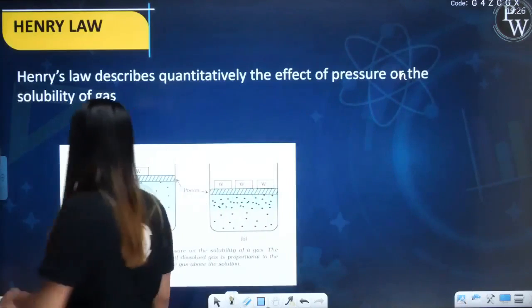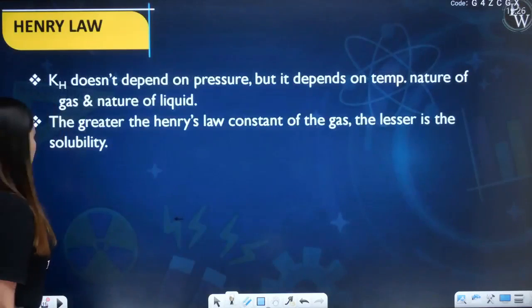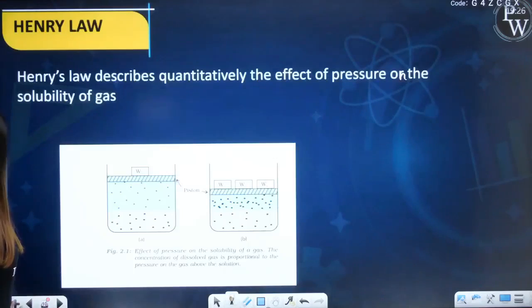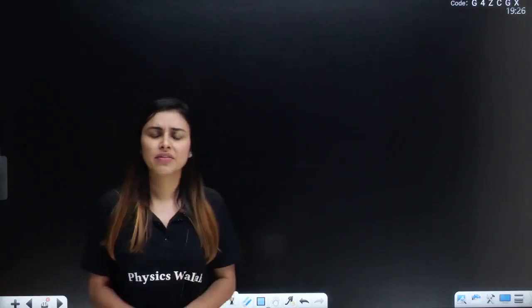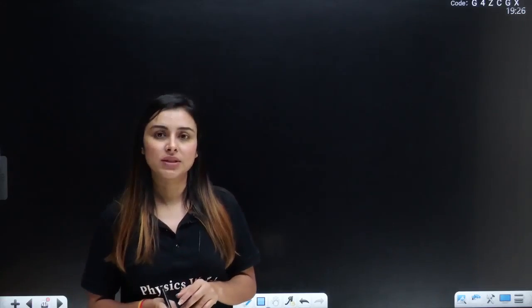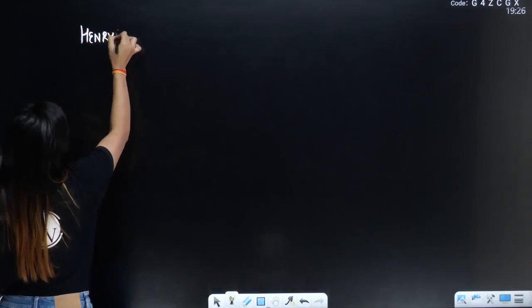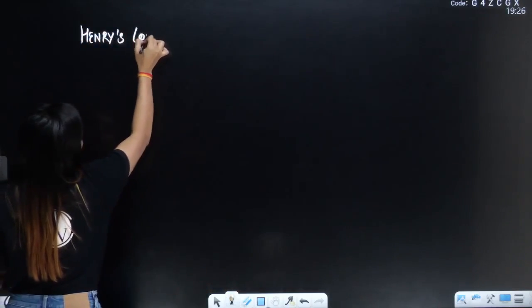Now let's move forward. My dear students, we are going to talk about KH. First let's study about KH, and then you can write the factors. We have to study a little about Henry's constant. What is Henry's constant? Most of the numericals, which are complicated questions, are generally asked from this part. So let's talk about Henry's constant. My heading would be Henry's constant,